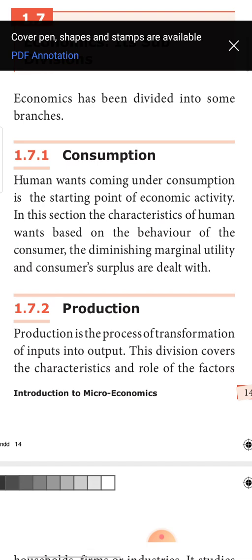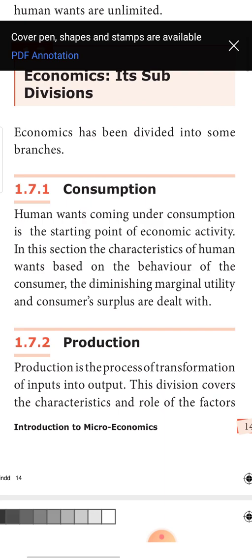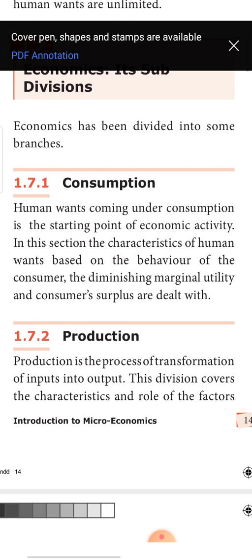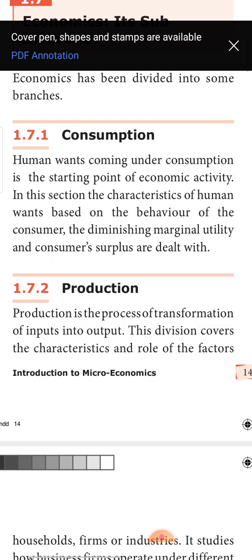So for us, here a small paragraph is only given under the heading of consumption. But we will be learning a full chapter under the heading of consumption. But now, as an introduction to understand what are the divisions of economics, it can be broadly divided into 4 branches. What are they? Consumption, production, exchange and distribution. What is consumption? The first and foremost starting point of all economic activities is consumption only. Only because we need to consume, we want a commodity, goods are being produced.